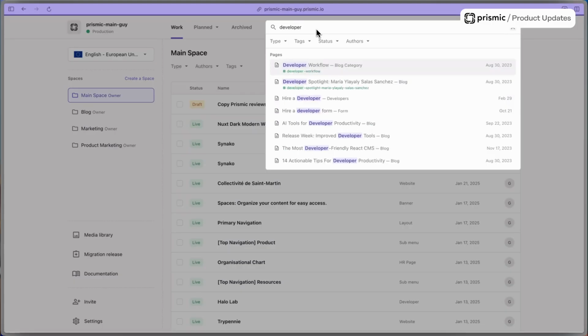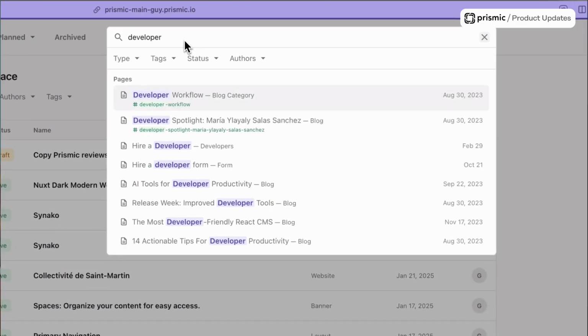If it doesn't match on any of those, it's going to boost any results that match based on the UID. And obviously, if there's a match on both, so the search term is in the page name and the UID, those are going to be boosted even higher and to the top of the results.